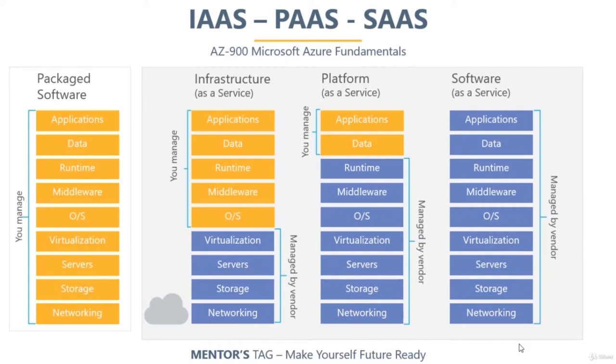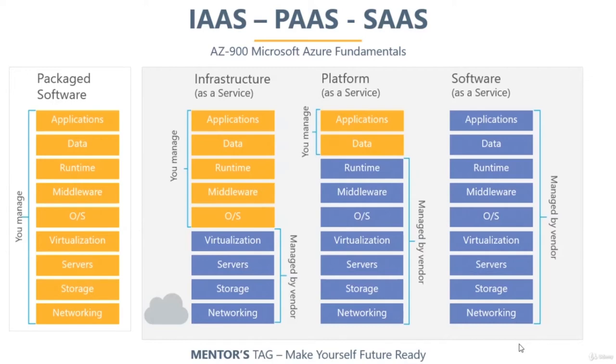And throughout this course, whenever I'm going to create anything, I am going to make sure that you understand which bucket this part belongs to. Let's say if I'm creating a virtual machine, that will belong to infrastructure as a service. And if I'm creating one app service on Azure, it will belong to platform as a service. And same way, suppose if I'm going to use Office 365 and associate that, or maybe I'm going to use Google Drive and associate it with my Logic app, that will be counted as software as a service. So we have all these flavors, and we'll understand this in depth when we do step-by-step hands-on.